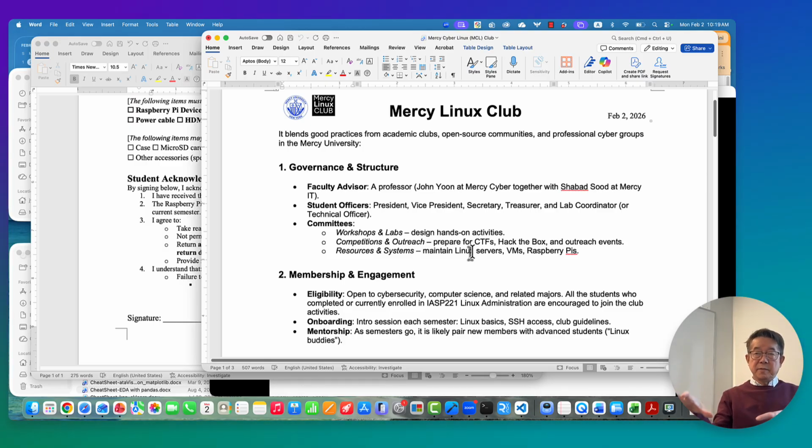And this semester, the students, we can put them together as one body. So this is extracurricular. If you want to join, I want you to fill out